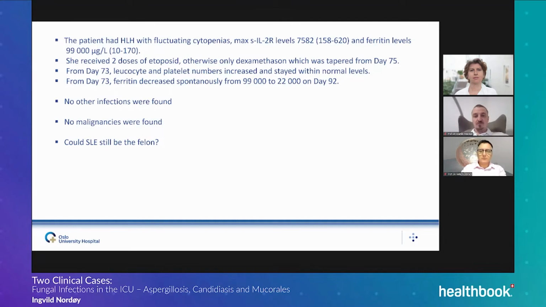And we have not been able to find infections that triggered this. Maybe the MAC infection that we found only in her spleen. That might have been there before she was admitted to her local hospital, but we're not so certain. The other infections are surely a result of her treatment. And then we're stuck with the SLE. Could that actually be the culprit here? The rheumatologists don't really agree with us, but we are not quite certain. Next, please.